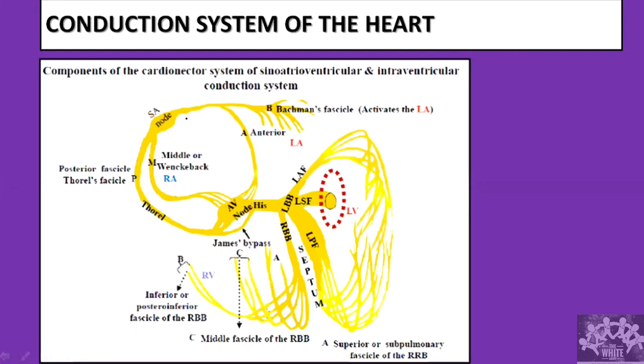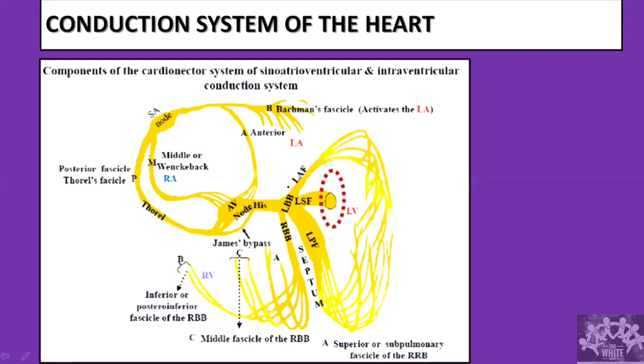Okay, so the AV node will fire only at a rate of about 40 to 60. This is the intrinsic rate of firing of the AV node. If the AV node fails, then the bundle branches and the Purkinje fibers take over. They fire at about 20 to 40 beats per minute. This is important because there can be disease processes that can affect the conducting system. That is when the conduction system has the ability to generate its own rhythm, which we call automaticity.